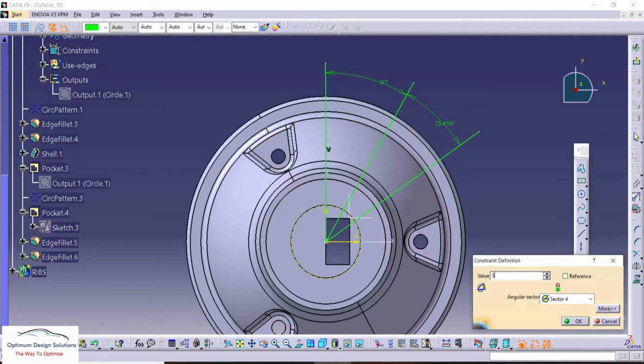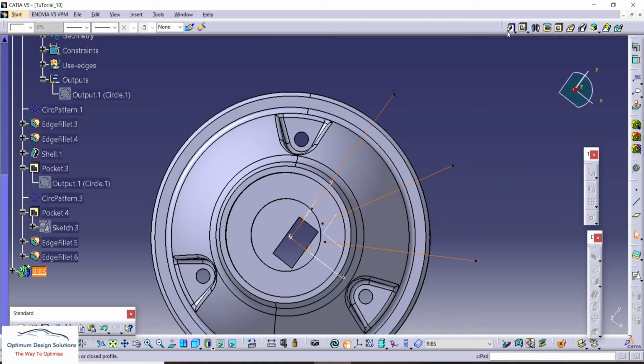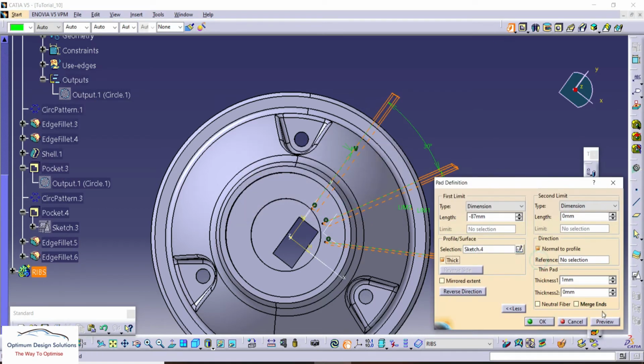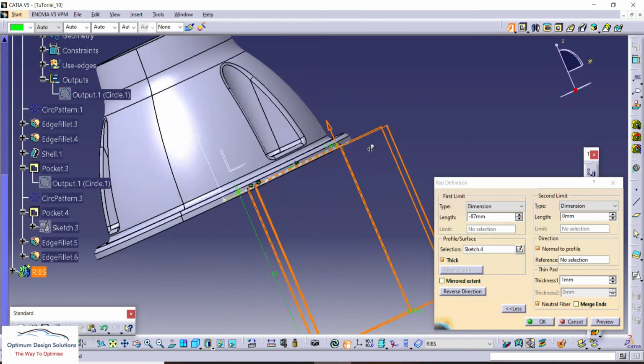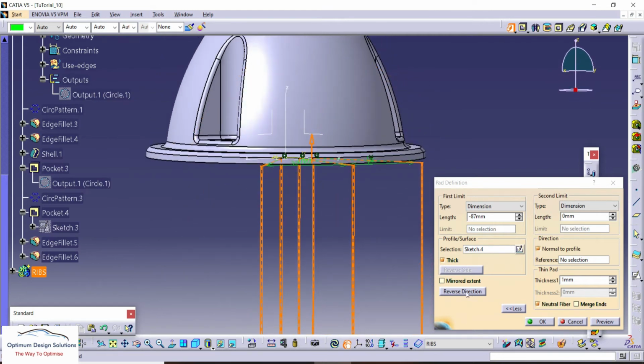So 30 degree, 30 degree. So we'll remove the unnecessary part of our rib, and here the basic lines are completed by using the thickness command or thickness option. We'll pad those ribs.